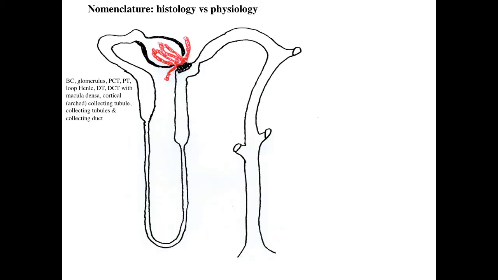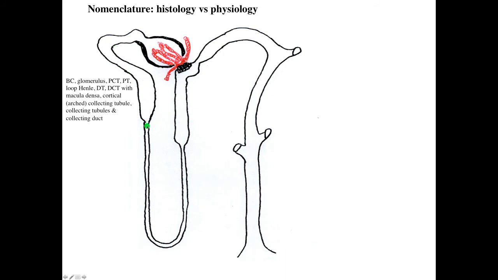I would like to just take a minute or two and define something for you in relation to how anatomists look at kidney structure versus how physiologists look at kidney structure. First, let's just look at the cartoon here, and we can highlight the various parts of the kidney. What I've highlighted here would be Bowman's capsule with the glomerulus within Bowman's capsule, the proximal convoluted tubule, the